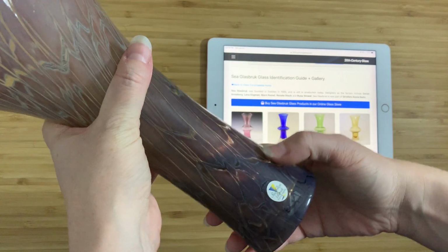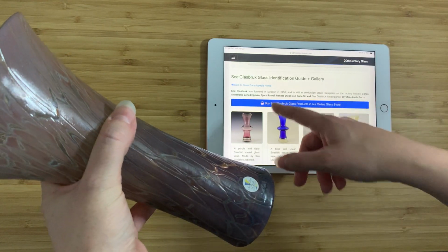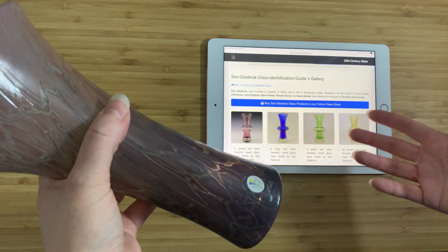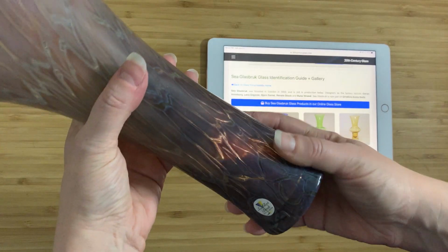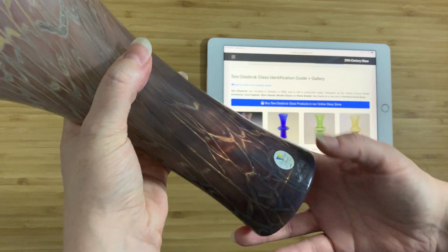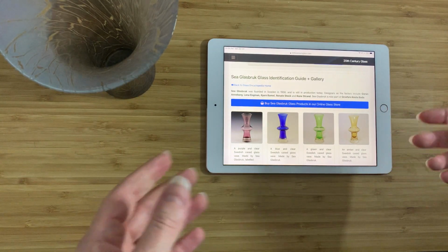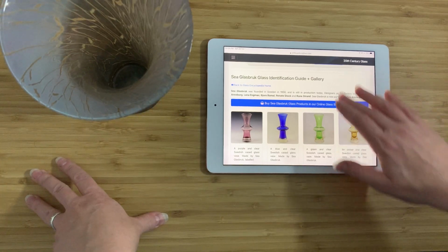There's also the question of when Lena Engman was actually designing for Sea Glasbruk. I have tried my absolute best to find out, and I couldn't even find that. Some places said it was the 1950s, and I thought, okay, that seems very early, and I definitely don't think this is going to be from the 1950s. It just doesn't strike me as correct at all. It just doesn't help. The information I found is basically all over the place. And the other problem that we've got,